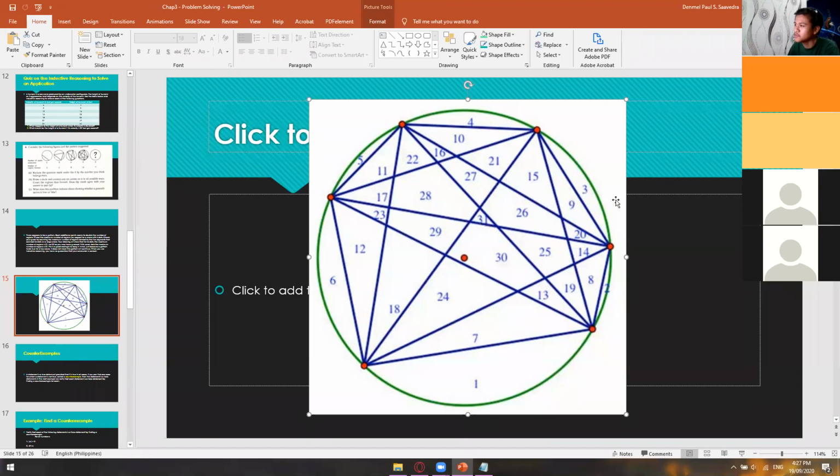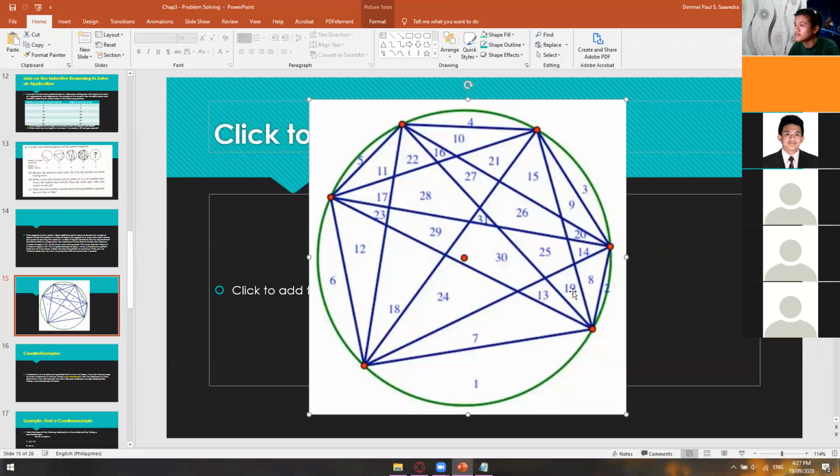Okay. So, 1, 2, 3, 4, 5, 6. Saan yung 7 natin? 7, 8, 9, 10, 11, 12, 13, 14, 15. Where is our 16? 16. 17, 18, 19, where's our 21? 20 muna. 20, 21, 22, 23, 24, 25, 26, 27, 28, 29, 30, and then 31. Okay, so walang daya to. Ito yung proof na pag meron tayong 6 dots or 6 points, we'll get a region count of